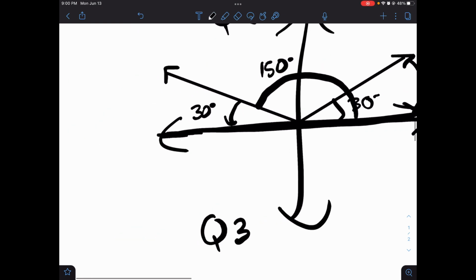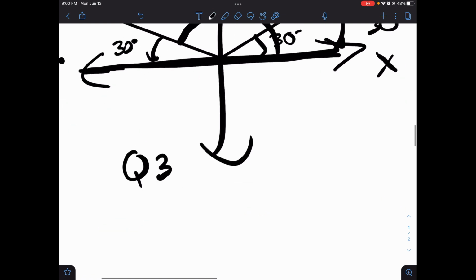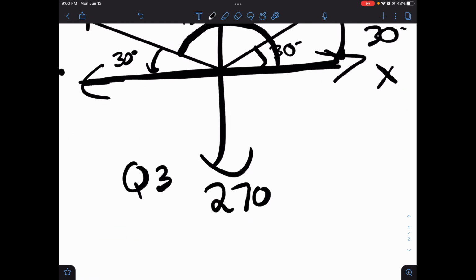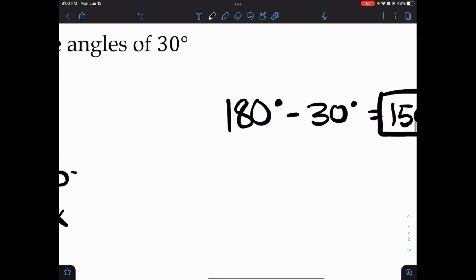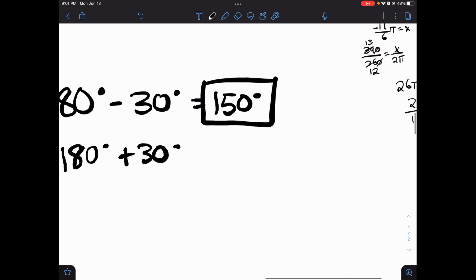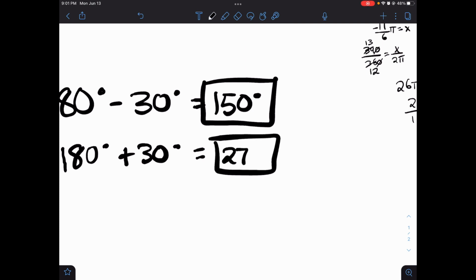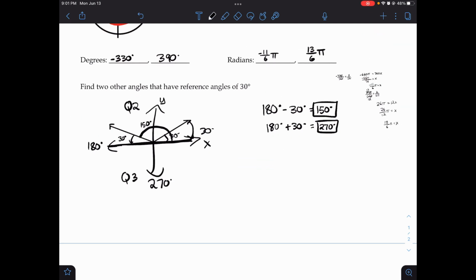So we have to realize that this right here is 180 and this is 270, so the angle is between those two. And we know that 150 goes, so we'll have to add 30 to 180 to get our second angle, which has a reference angle of 30, which will be